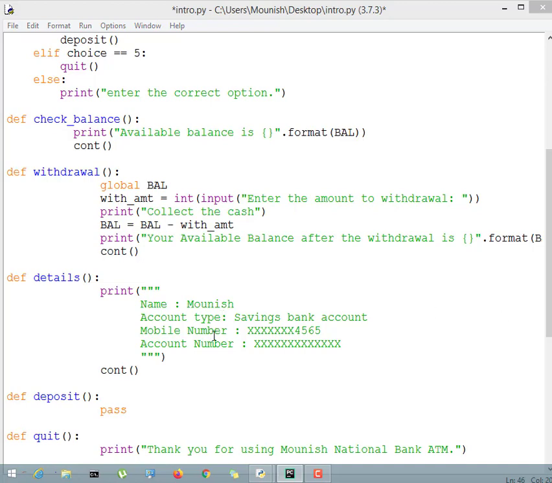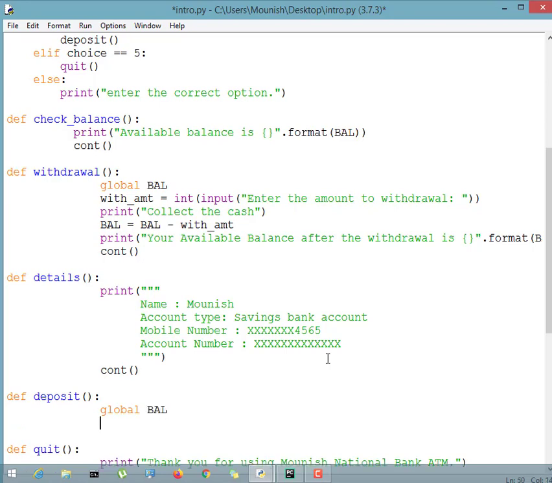Now we'll be going with the deposit function. So what is deposit function basically? Deposit function basically is adding an amount to your balance. Simply say balance is equal to balance plus whatever the amount you want to deposit. So that is what deposit function is. So in this function also we are using the balance variable. So we'll call up the global balance variable and I'll say the deposit cash will be in cash and int